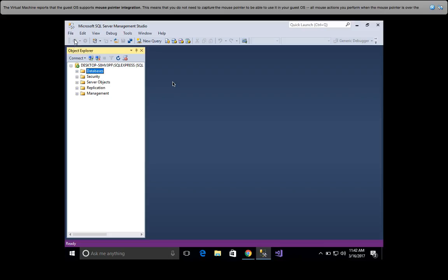Today, I want to do a little bit with SQL Server Management Studio. I'm going to show you guys how to create a database in SQL Server Management Studio, how to create a table, and then as well how to create a stored procedure. So, moving forward, the reason I'm doing this simple database stuff right now is